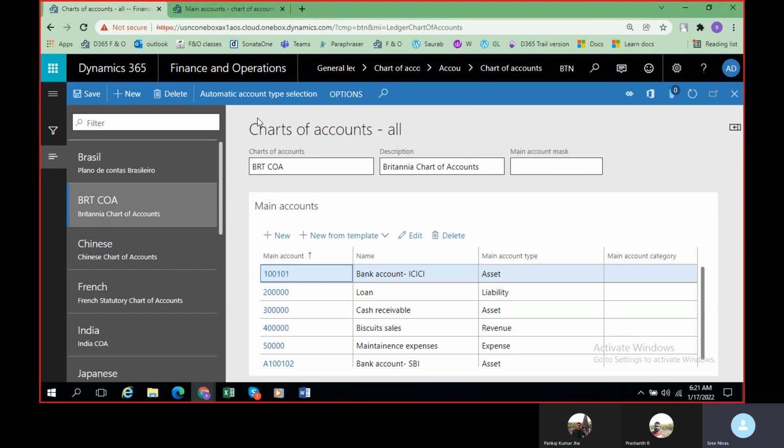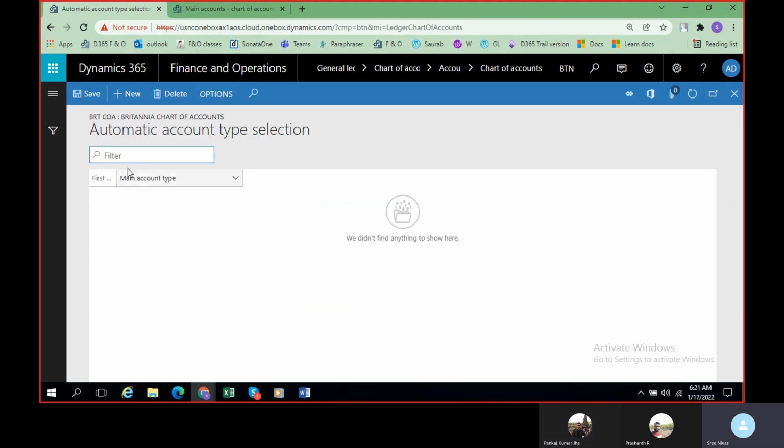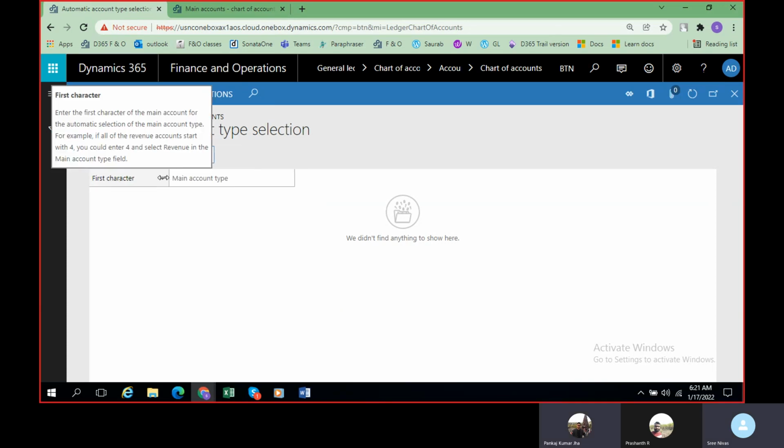And there's one more option. Let us see what we mean by automatic account type selection. So even this is also nothing but just giving